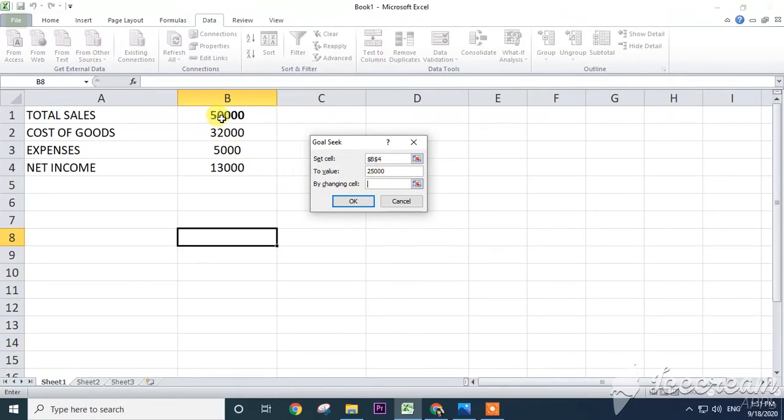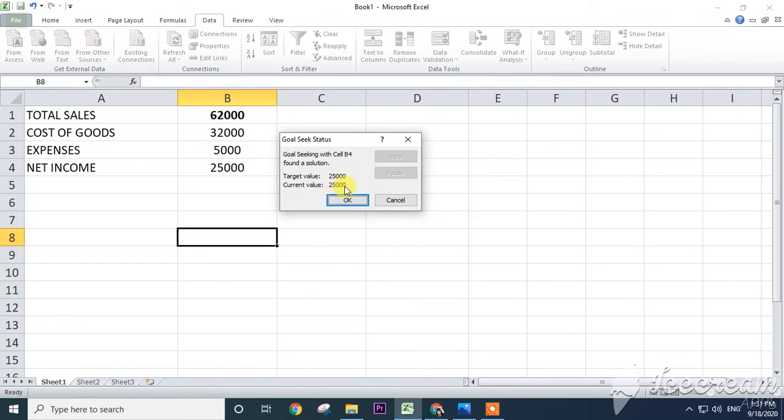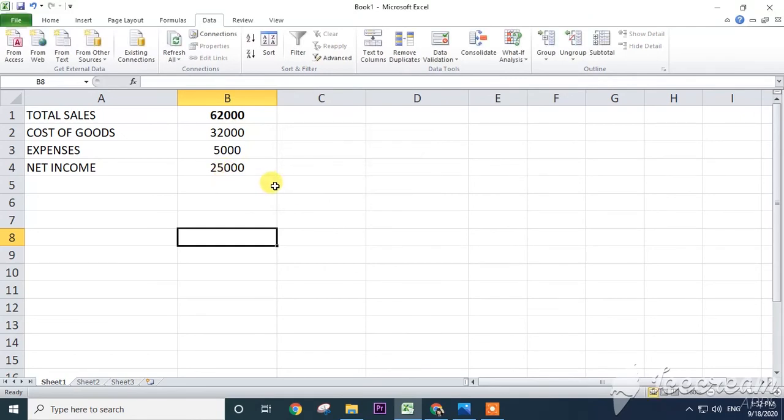This cell we need to change: total sales, how much it should be increased. Now click on OK. See, if total sales are increased to 62,000, then your net income will become 25,000. In this way we can use our goal seek option. Through the goal seek option we can achieve our goals.